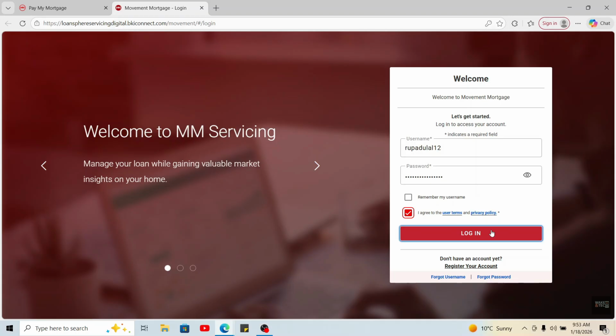After you click on Login, you will be logged into the home page of your Movement Mortgage account. If you don't remember the login credentials during signing in, then you can also get help by clicking the Forgot Username or the Forgot Password button at the bottom of the screen. So that was how you can easily sign into your Movement Mortgage account's dashboard, where you can view your payments, statements,